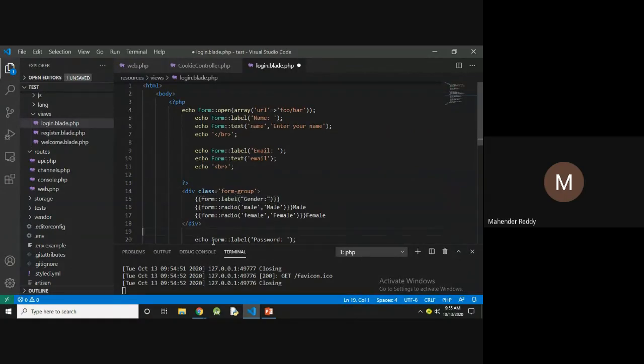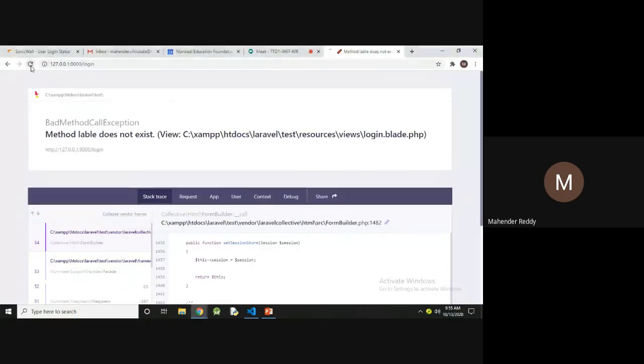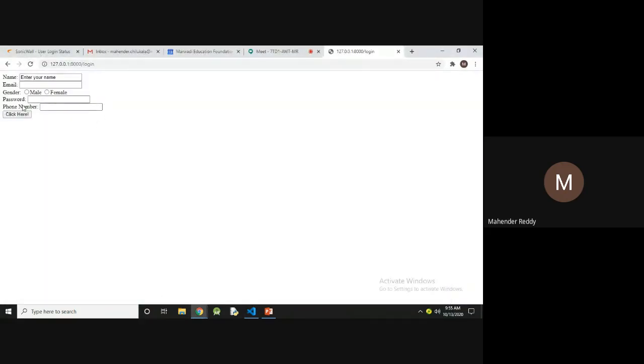And here I have to open the PHP tag. Okay, now it will display the gender, that is male and female.